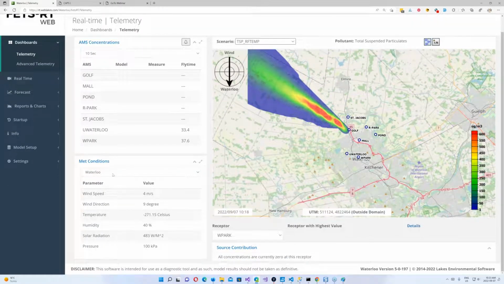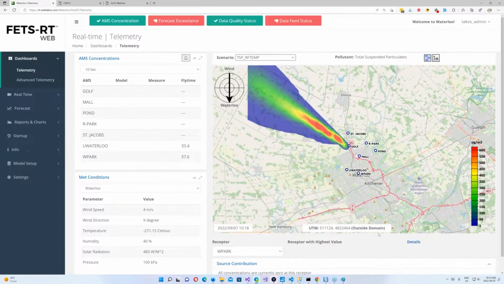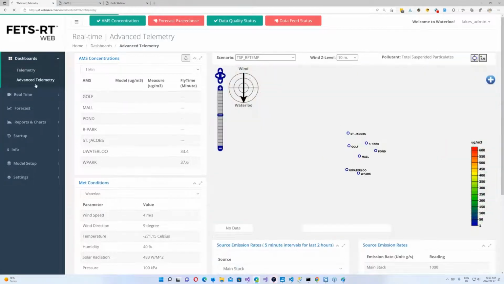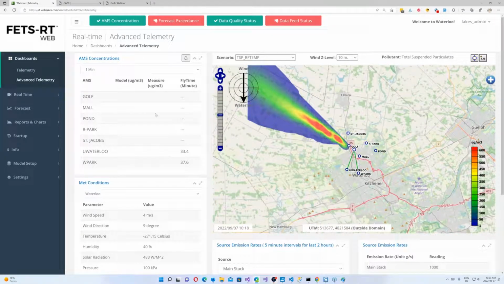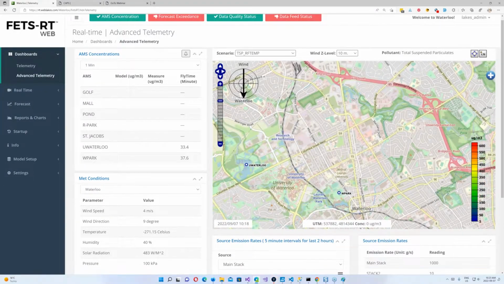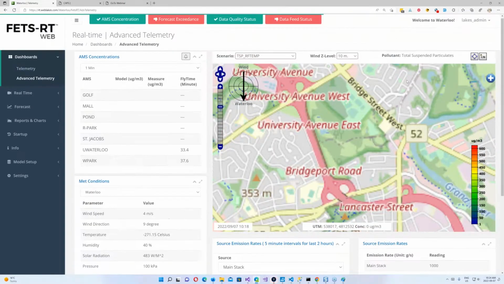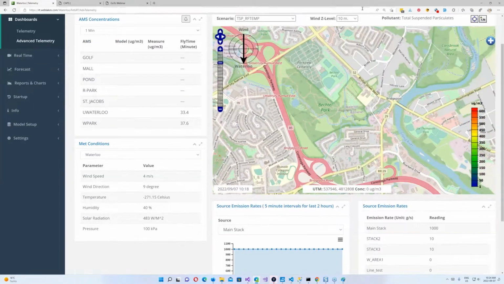We can also see on our page our current met conditions, so we can see the wind speed, wind direction, temperature, and so forth. And if there were source contributions, we would see those as well. On an advanced telemetry page, for non-operators who want to look at different aspects, we can see the concentration values and the met station, and we can also move in and out. We allow for this so that advanced operators can zoom in. However, these are folks who are not responsible for operating the plant, so they don't need to see the plant at a glance because they may be doing other things and they don't want to be lost.